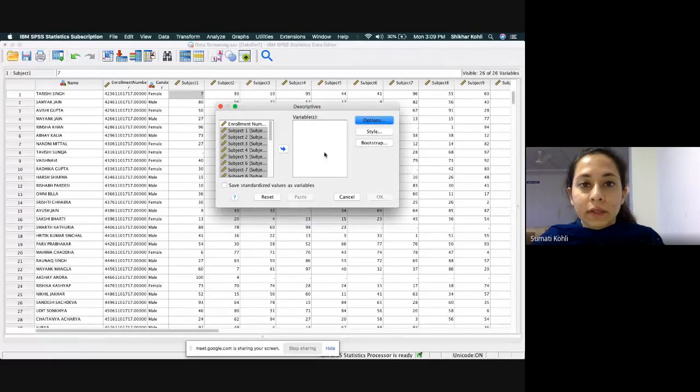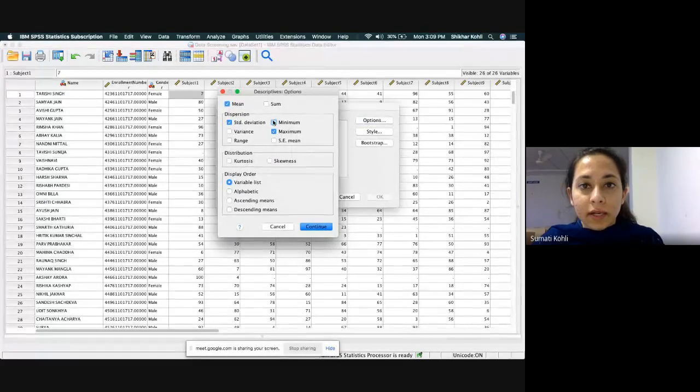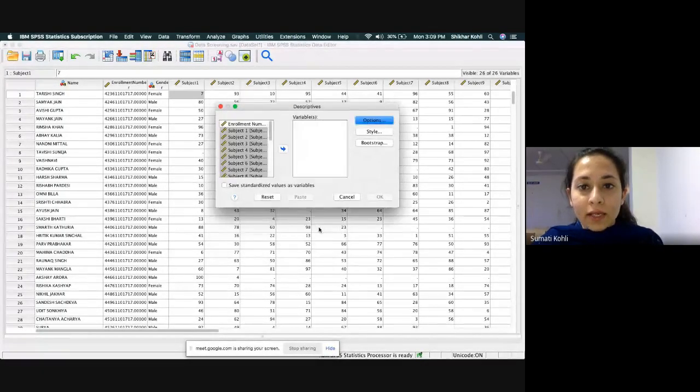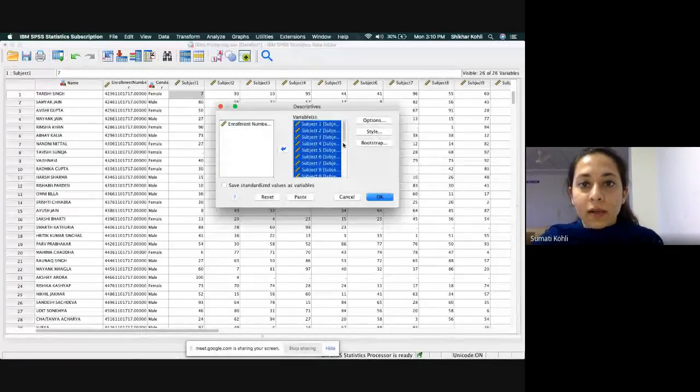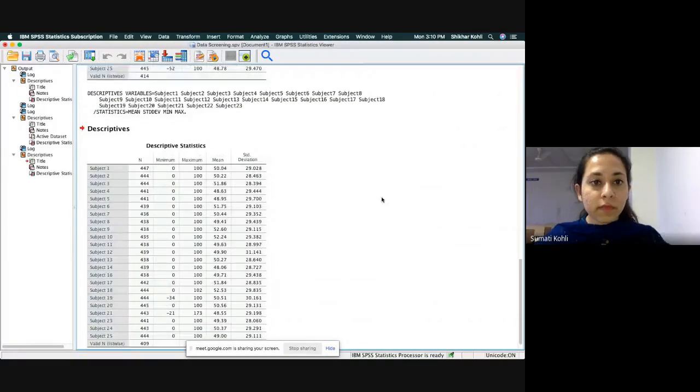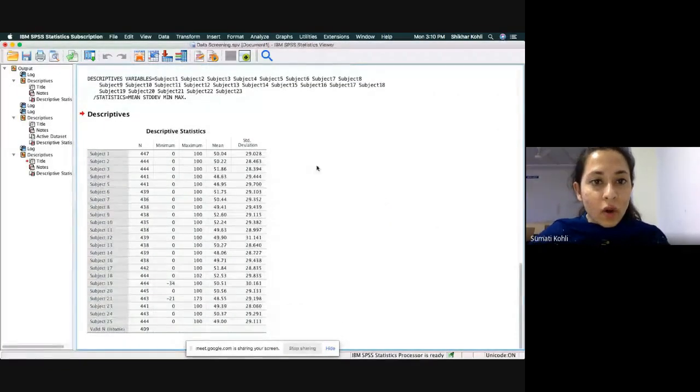Okay, one second. Right, minimum, maximum. I'll click on Continue, and okay, I had to put them here. The variables were already selected in the column. Yeah, now it is fine. The variable was already selected. I had just wrongly put it in the other box. So now all our variables are selected. I simply press OK, and now I get this kind of a table.